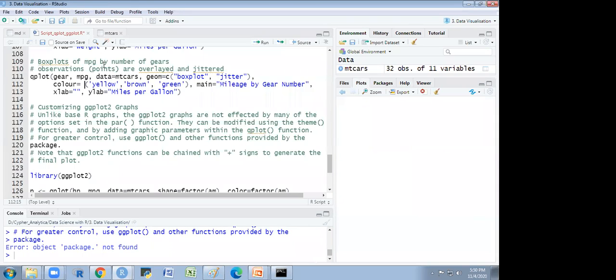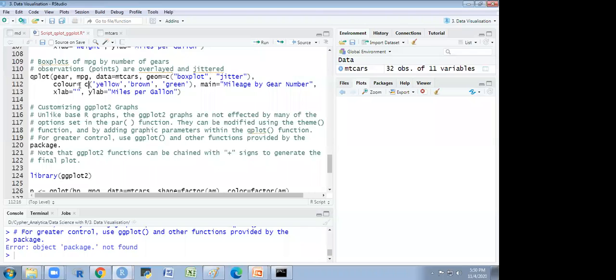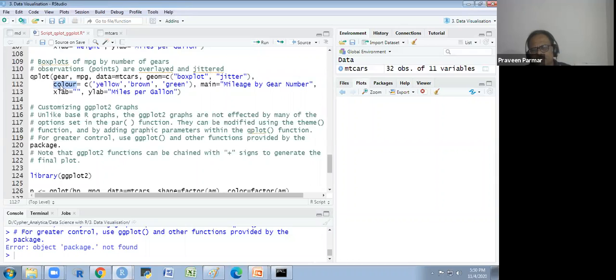So that means gear automatically has 3 inbuilt colors. If there are 3 factors, it will fill the 3 colors automatically by default. But it should take the colors we require. ggplot takes them, but qplot is not taking them. The box plot doesn't take it, but it is the quick plot. So if you just want to create a plot in a hurry, then you could use this function qplot. So it is not taking that thing.